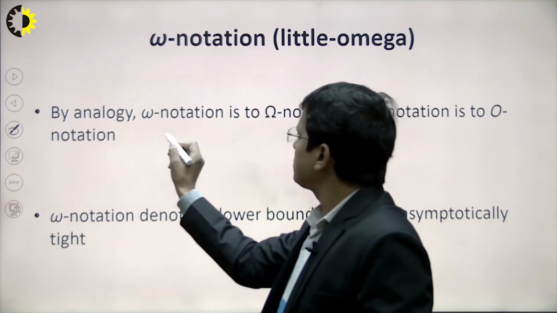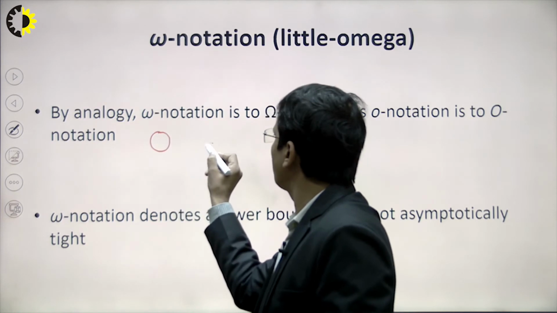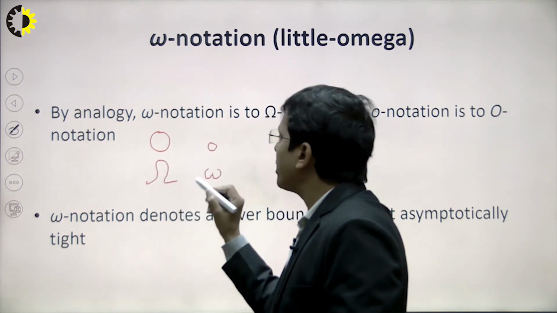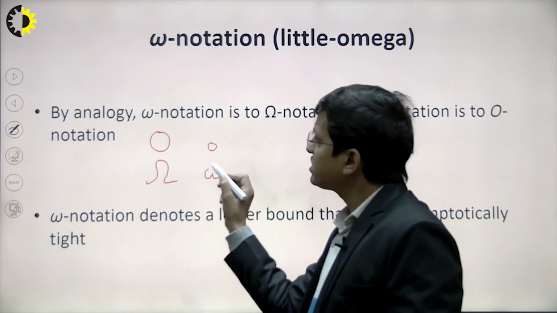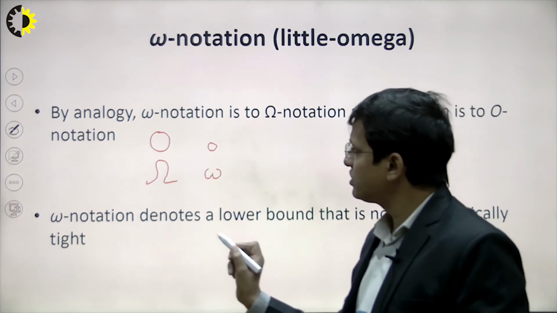So now you have to just think about this, right? One is the big O notation, there is another, the small o notation, and there is the big omega notation and the little omega notation. So both are similar except for the tight bound, right? So that's why we have considered it here.